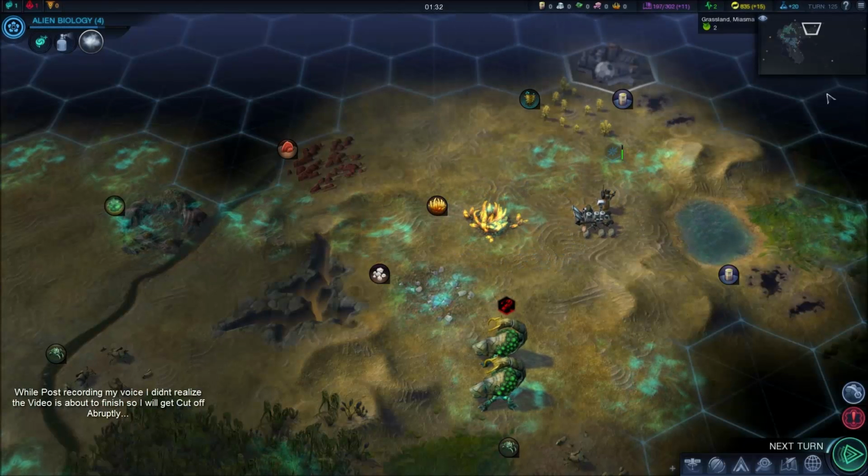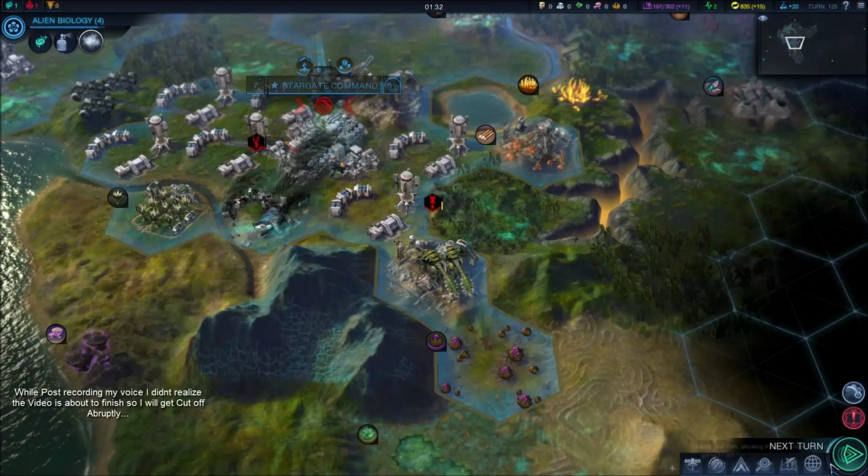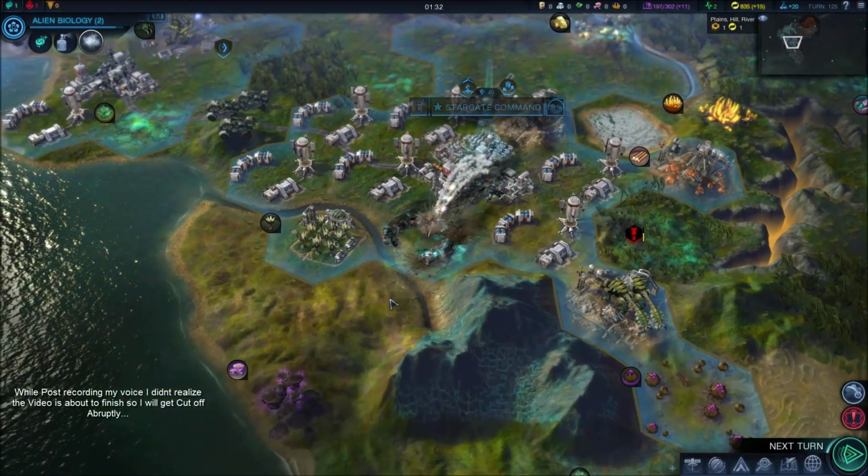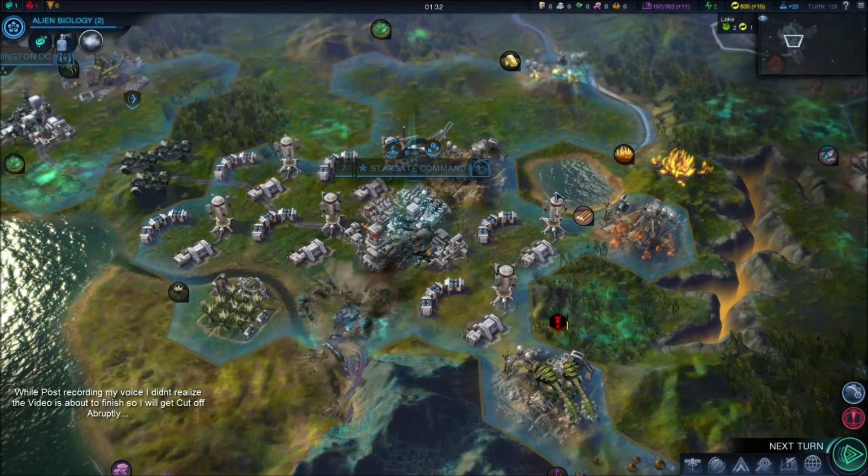Now, since I always play with the Stargate Command, I cannot do this with the Explorer anymore. Even when I have the affinity tree of purity, where aliens don't attack me, he's classified as a soldier, so...